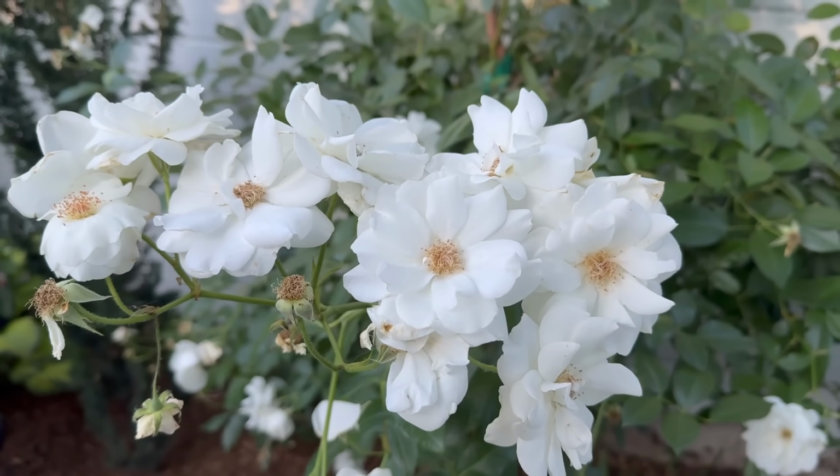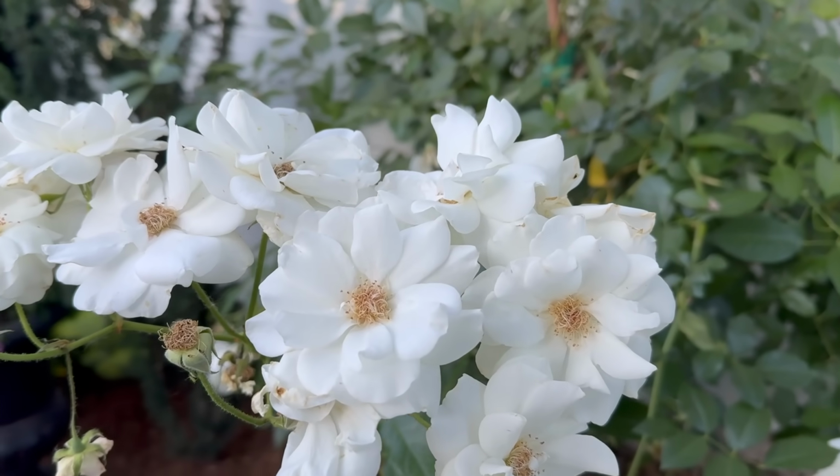If it has a slightly higher petal count, it'll be okay. They can still work their way in there. But any of those ones that are really, really full, they don't attract too many pollinators. So with that, two of my favorite roses to have in the garden so far that really attract pollinators are